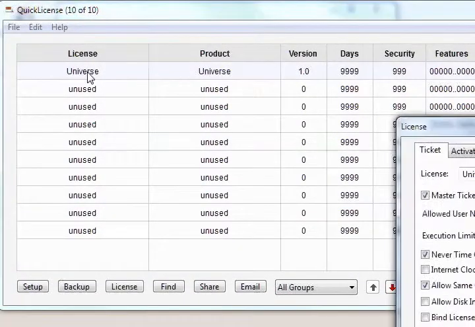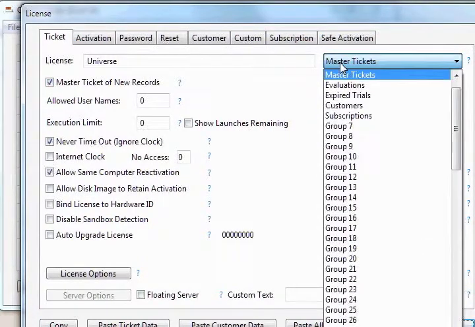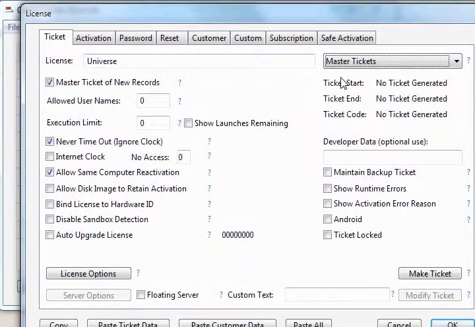Let's bring up the license dialog for this license. There are several panels of information to define the information about the license. We've set the checkbox Master Ticket of New Record and selected the Master Ticket selection. Those are just organizational features. The main